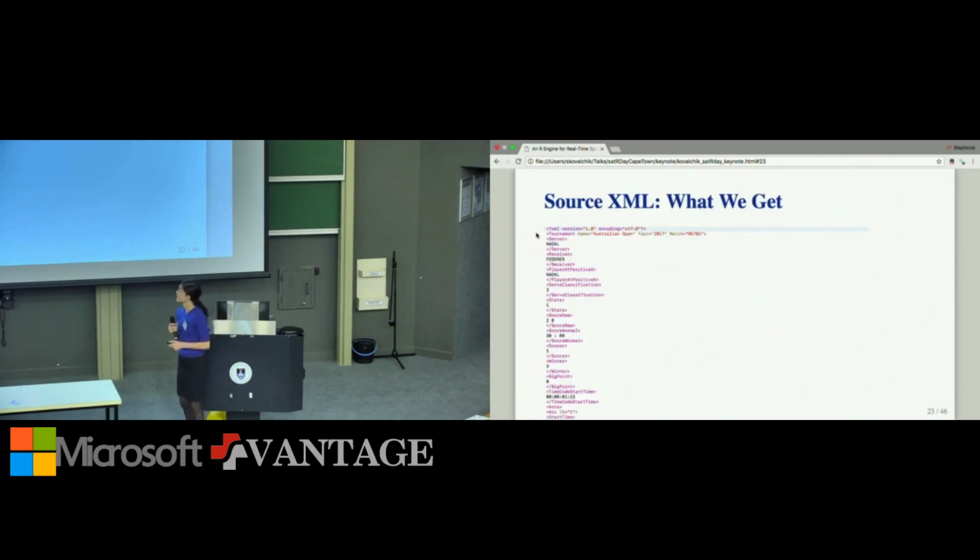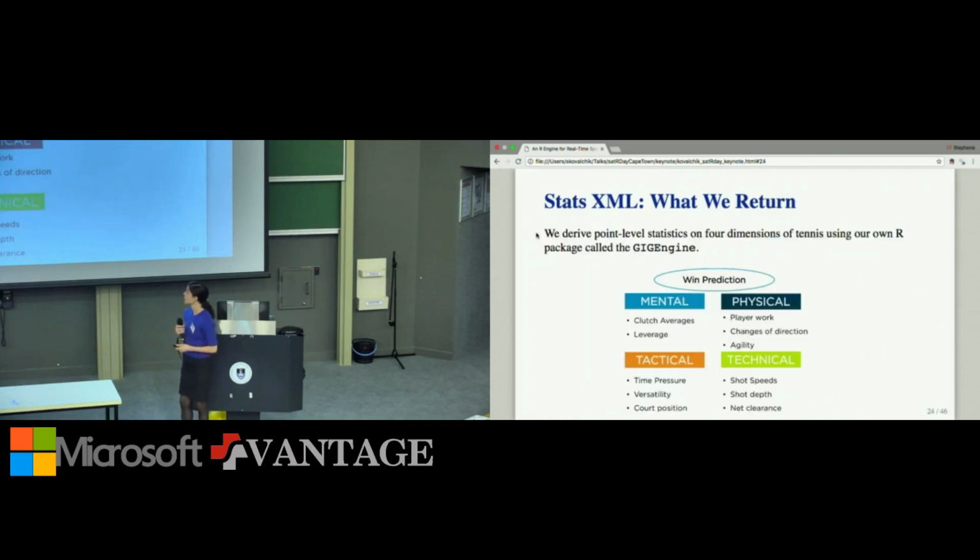Just to give you an idea of exactly what the data looks like that we're dealing with, this is an example of a point XML. It follows a standard XML tagging structure. You can see information about who was serving and receiving in this particular point and match, the score. And then below will be a set of information that will include the trajectories for the shots, and following that, information about the position characteristics of the players throughout that point. So that's what we're dealing with.